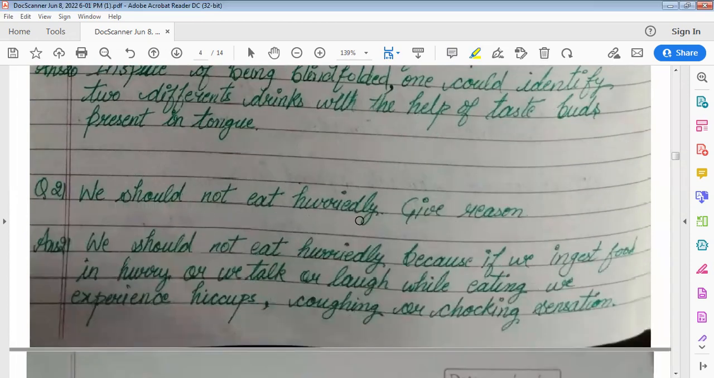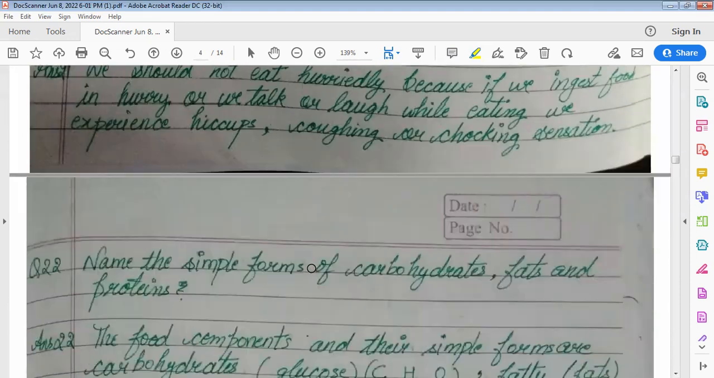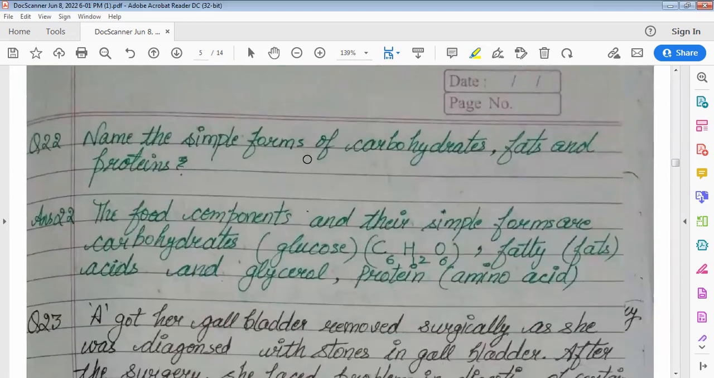We should not eat hurriedly. Give reason. We should not eat hurriedly because if we ingest food in a hurry, or we talk or laugh while eating, we experience hiccups, coughing, or a choking sensation. Name the simple form of carbohydrate, fats, and protein. Carbohydrate turns into glucose, fats turn into fatty acids and glycerol, protein